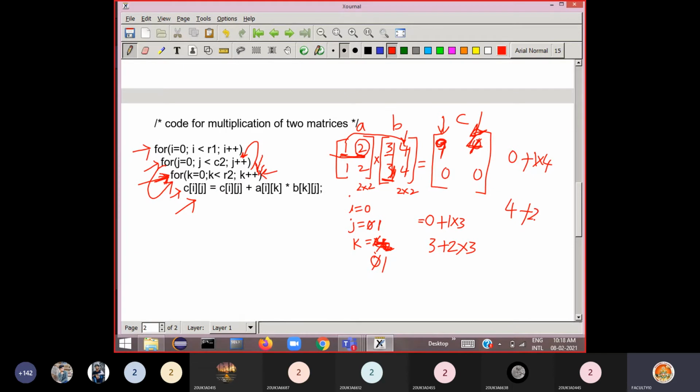So now I am taking the second element of the first matrix multiplied by B of k j. What is k value? 1. J value is 1. 1, 1. B of 1, 1. Row 1 and column 1 means this element I am taking here. So it is 4. So then it multiplies 2 into 4 is 8. 8 plus 4 is 12. The 12 will be stored in this location.